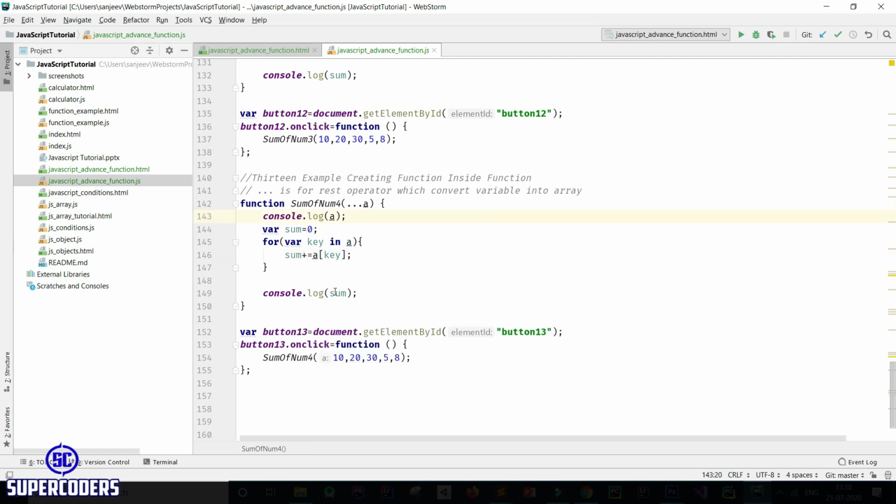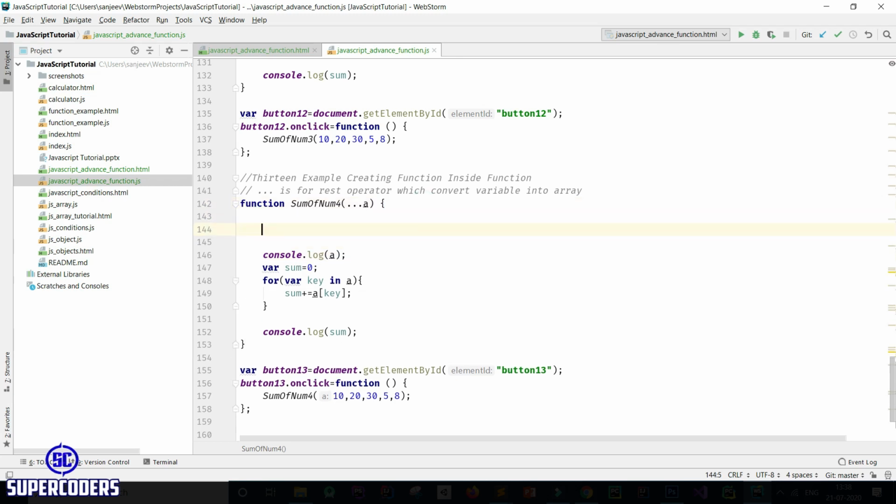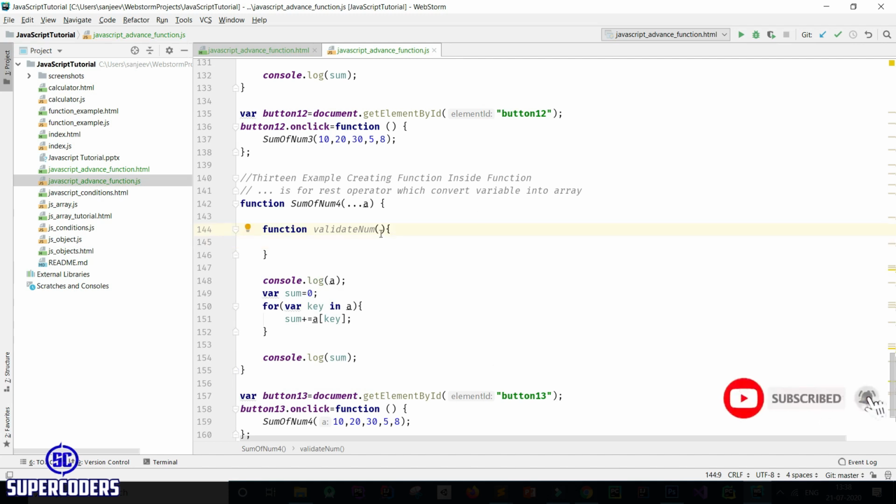Now let's create a function inside function. So again function validate num, and it is asking for an argument, so num.